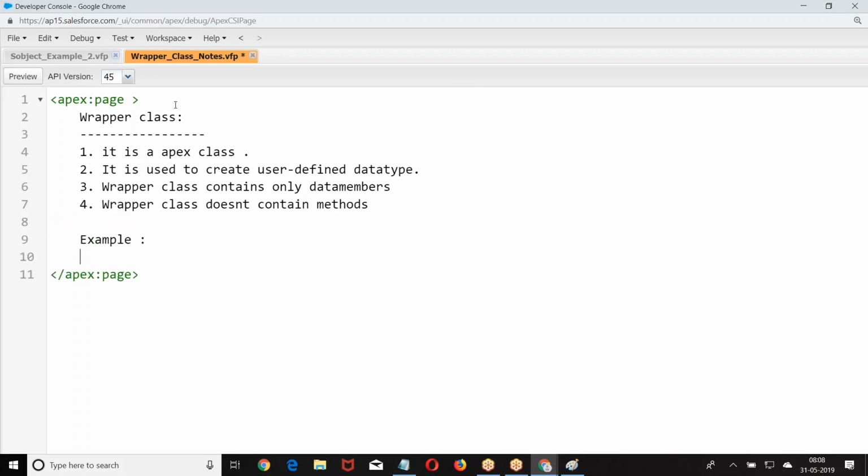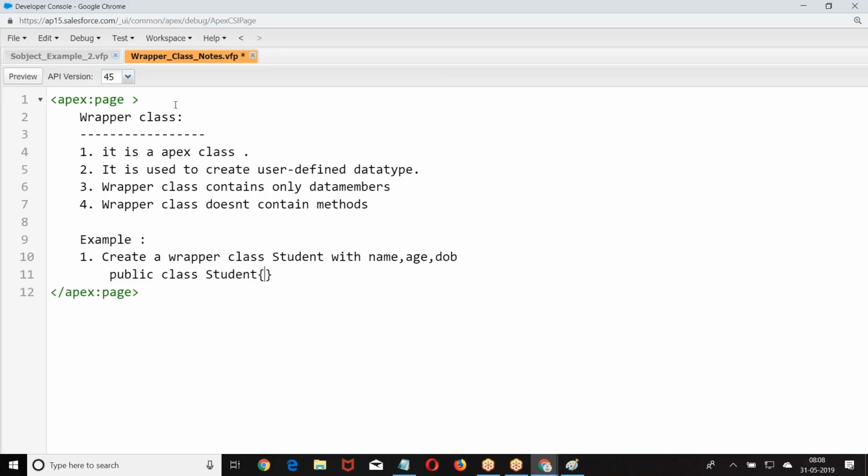Example. Create a wrapper class. What do we do? Public class Student, with public data members.